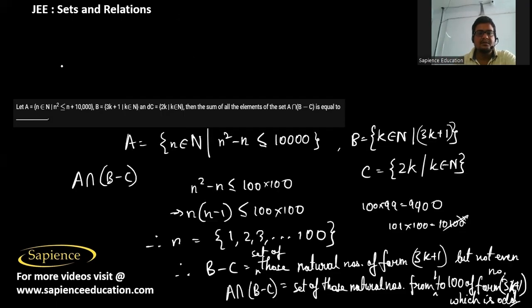Now therefore 3k plus 1. If we take k equal to 1, then it will be 4, so we can't take that. If we take k as 2, then it will be 7, which we can take. So it means the set B minus C, those elements of the form 3k plus 1 which are not an even number, will be